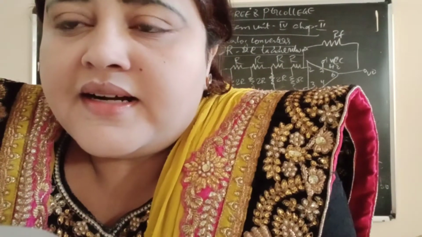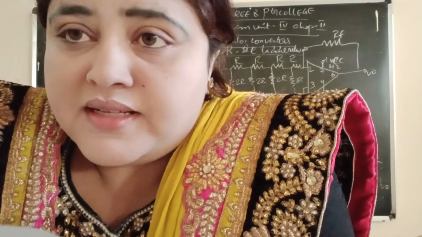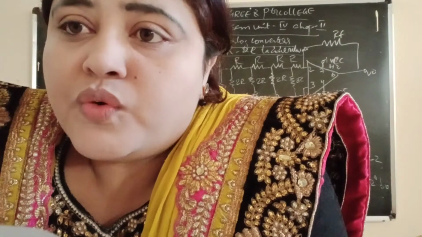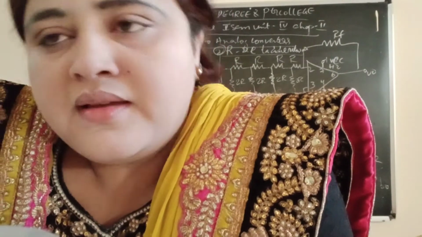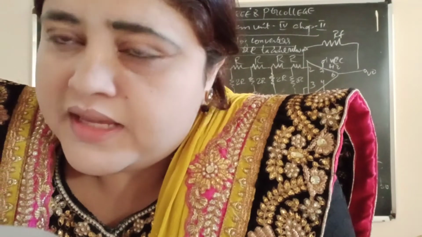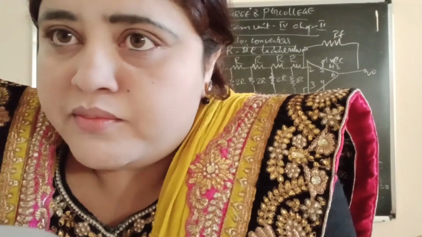Then the third type of digital to analog converters is multiplying type. What do you mean by multiplying type? Multiplying type means it is a multiplication of two inputs: one input will be a reference input. Reference means what? You will keep a reference voltage, like a fixed voltage, 5 volts is the reference, and one input you will be varying. The combination of both inputs is what?